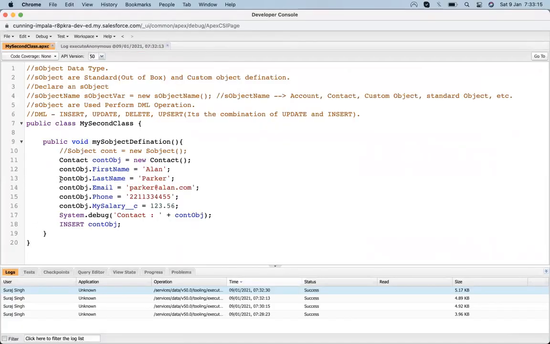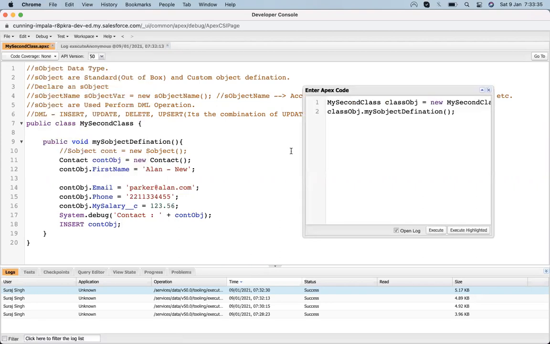Instead of adding a value in the last name, I just commented it out, meaning I'm not adding any value in the last name. And let me do Alan new. I hit save, and after saving, I execute this record.